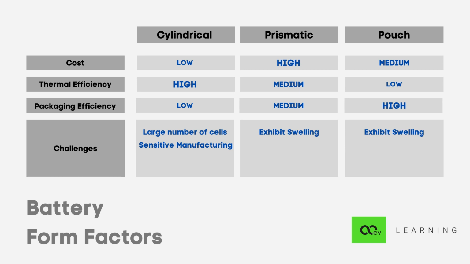Coming to the challenges in prismatic and pouch cell, they have the biggest problem of swelling. If you guys have tried some RC toy project, you might have seen the LiPo batteries getting swelled. So that is the biggest problem in case of prismatic and pouch. That is the reason that prismatic cells are provided with hard casings. Then as the pouch cell does not have any hard casing, those are vulnerable to penetration, which in turn leads to accidents and fatal injuries as well.